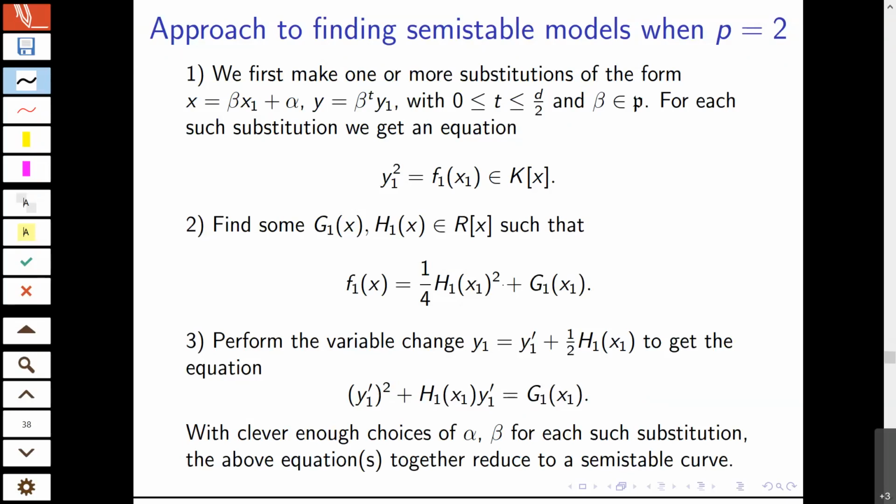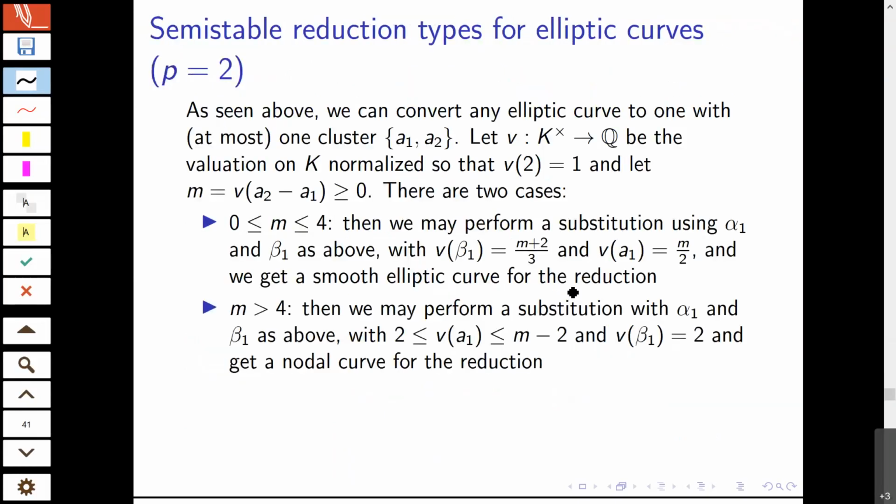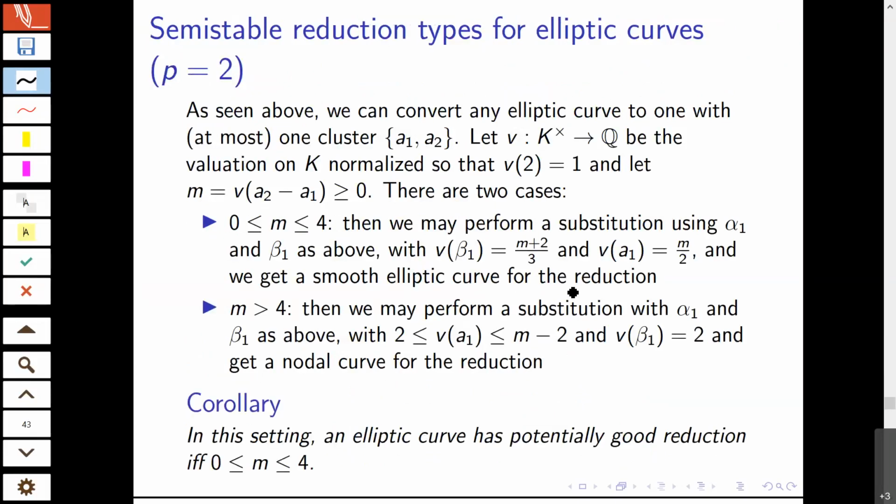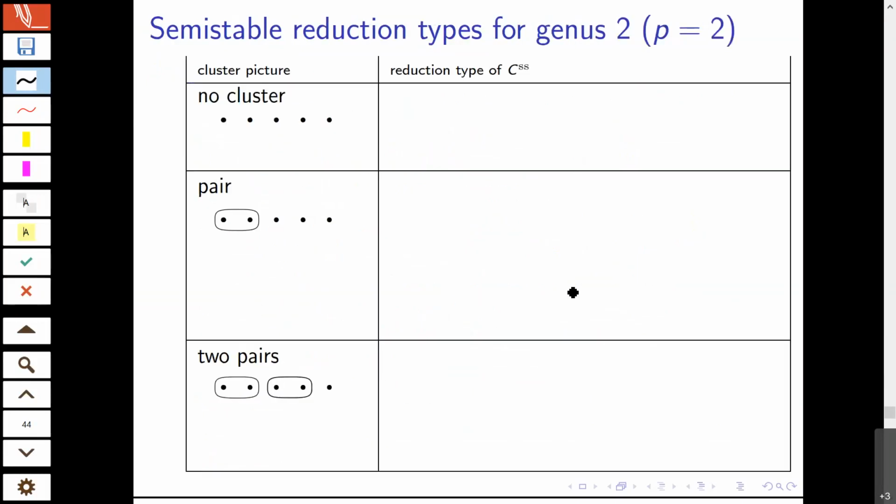Okay, so with clever enough choices of alpha and beta, this is the real deep choice that we have to make, what alpha and beta are. There's a straightforward algorithm to get this, as Arvin mentioned. And you should, in theory, be able to get something that reduces to a semi-stable curve. Because I'm low on time, I'll breeze through this very quickly. You can see on the recording what this slide looks like. It's a simple situation for elliptic curves. It depends now on how p-adically close the 2 roots that cluster are, which it did not before when p was not 2. Let me get to the new results